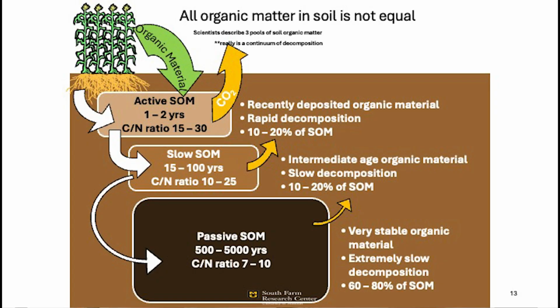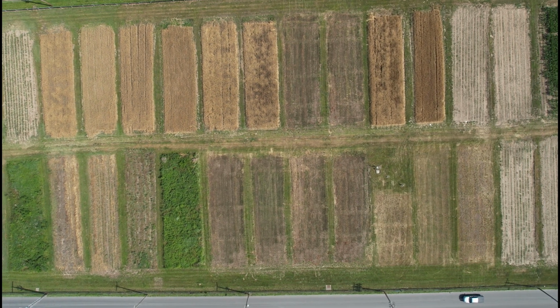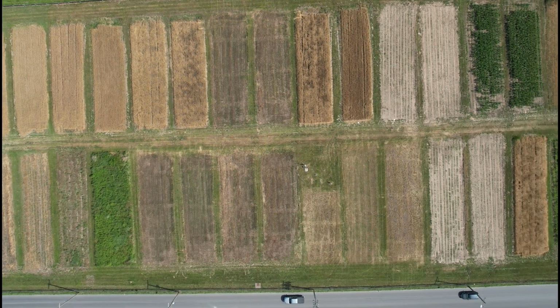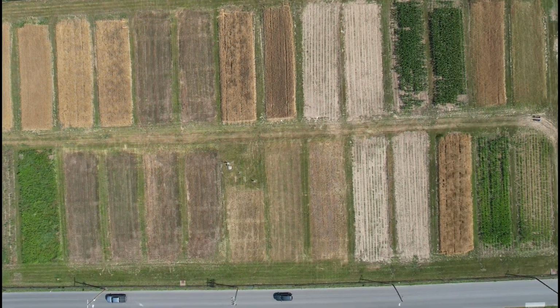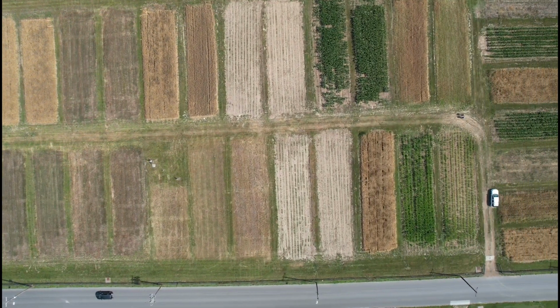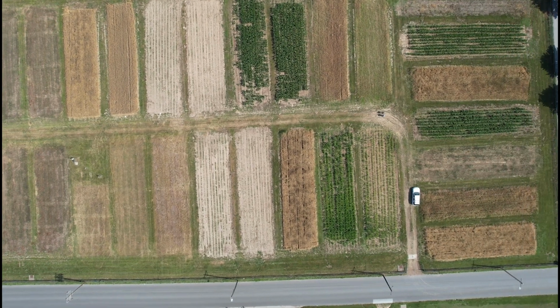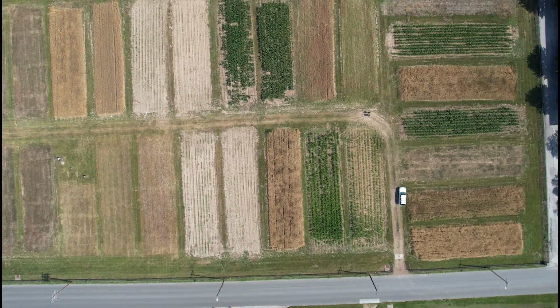Well, when we look at soil organic matter, we see three different phases. We see the very passive stage, or very stable. This is sometimes called humus. This is what's been around for up to 1,000 years. I know at Sanborn Field, they did analysis on it and found that the humus in the soil goes all the way back to the original prairies a couple thousand years ago. So this is around for a long time. It's very stable. It doesn't change. But this also is what gives us a lot of our good structure of our soil.